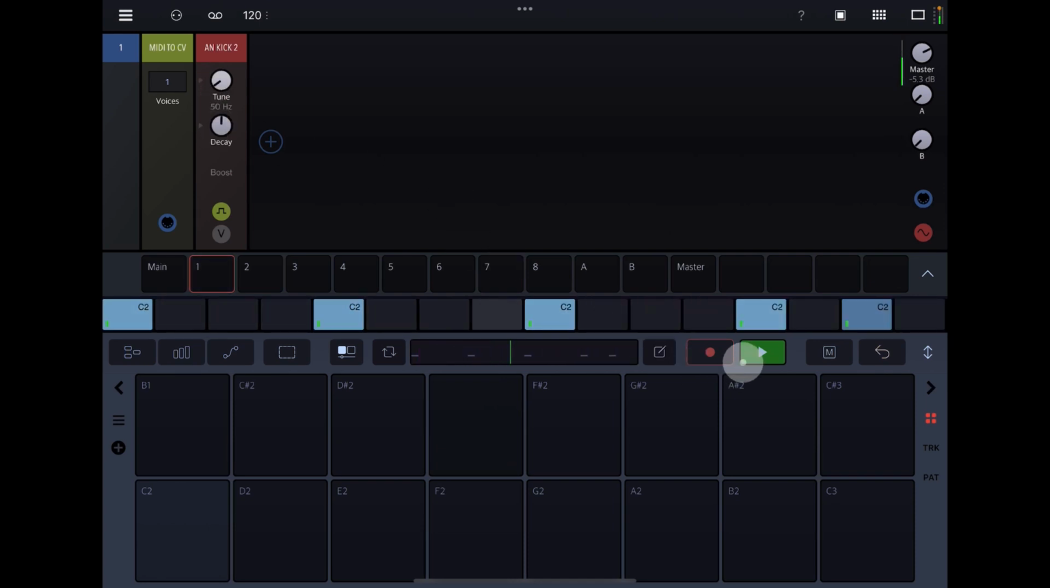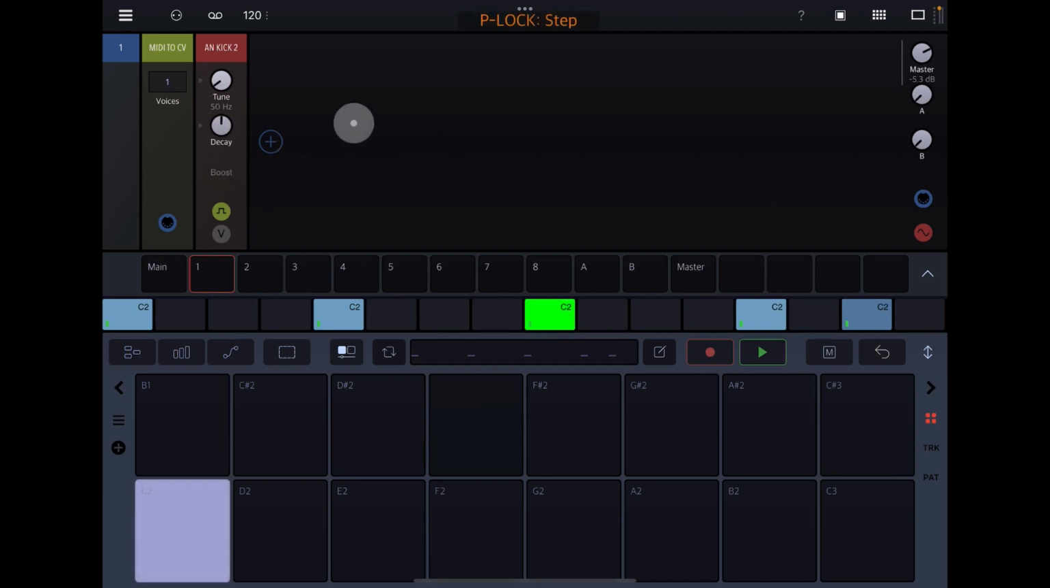okay, so let's stop that. I'm going to hold this. I'm going to do this with my fingers, because I need to adjust the decay. So I'm going to hold this one step here with my finger, go over here and push the decay up, and you'll see it has a red line around it. As soon as I let go, that will disappear. And now the decay will only be applied to this step. So